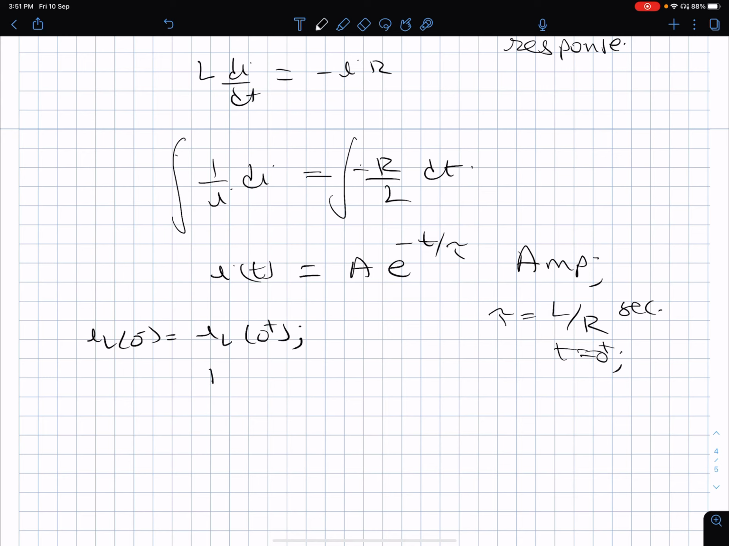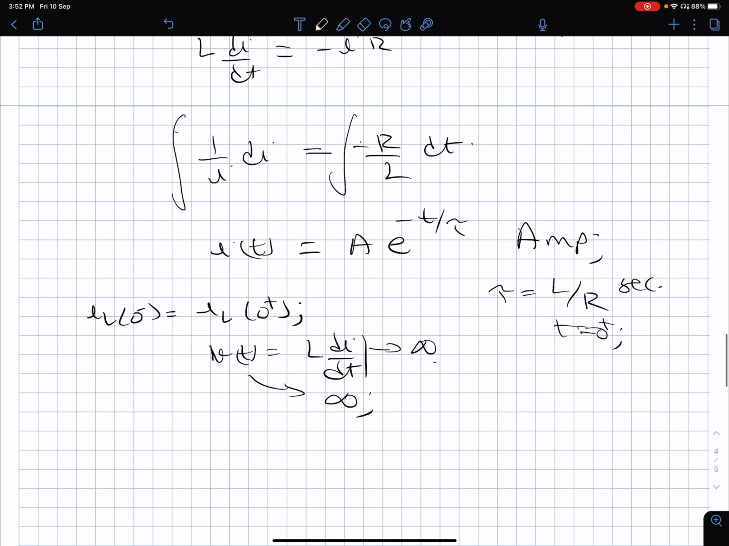Because if the current in the inductor changes instantaneously, then the voltage across this term will go to infinity. So the voltage across the inductor will go to infinity, which is not feasible in a physical circuit. So therefore the current in the inductor cannot change instantaneously. So you will have the condition IL(0-) is equal to IL(0+), which will remain equal